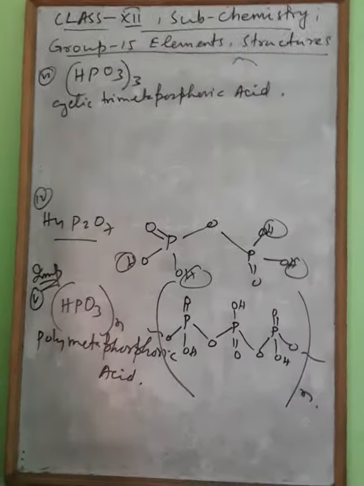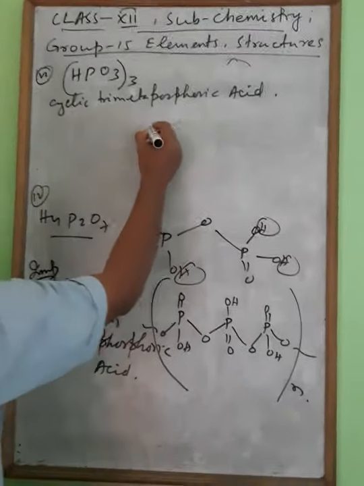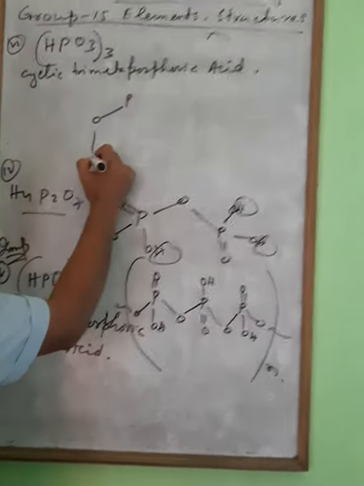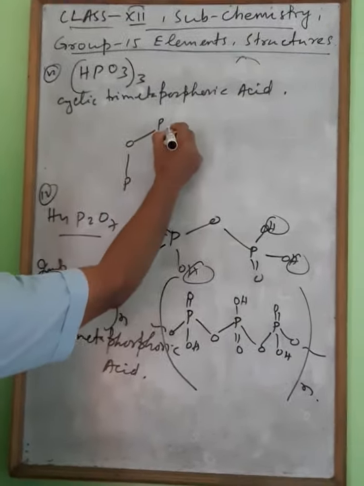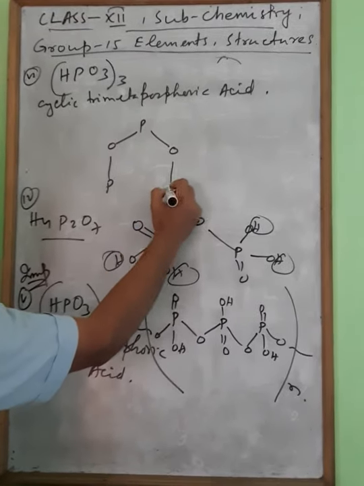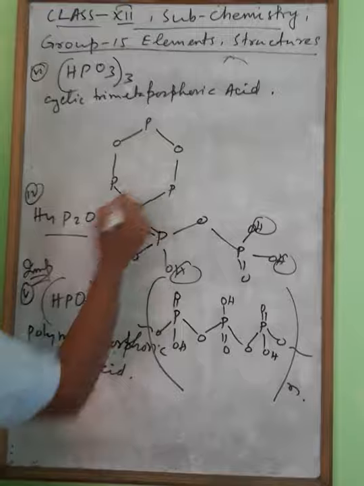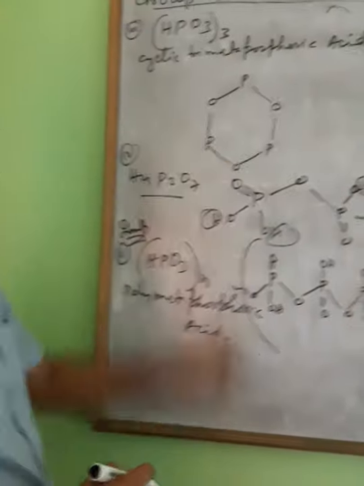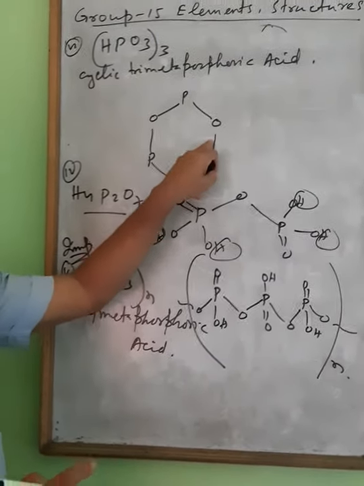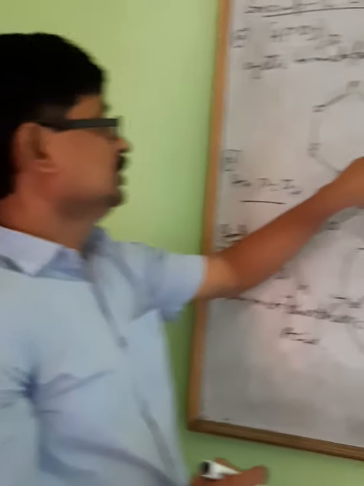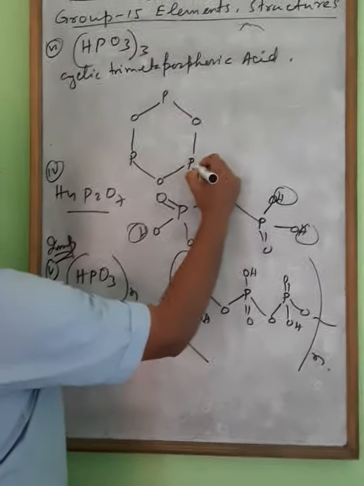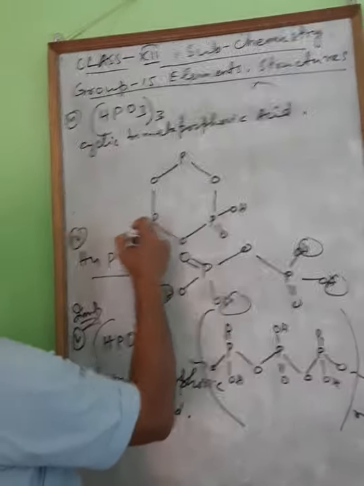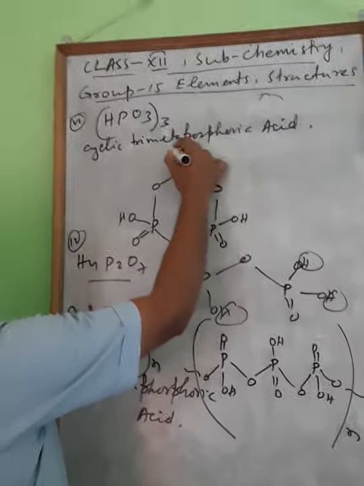Okay, and what will be the structure? P, just like a benzene ring. You think of it just like a benzene ring. P, O, P, alternating. Phosphorus, oxygen, phosphorus. Here, obviously oxygen. Here what? Phosphorus. O, just like benzene. And alternating phosphorus, oxygen. And the valency of oxygen, 2 bonds are there. Phosphorus 5 covalent. Oxygen 2. And phosphorus 5. So what to do here? This and OH. And here also double-bonded O, OH. Here also double-bonded O, OH.